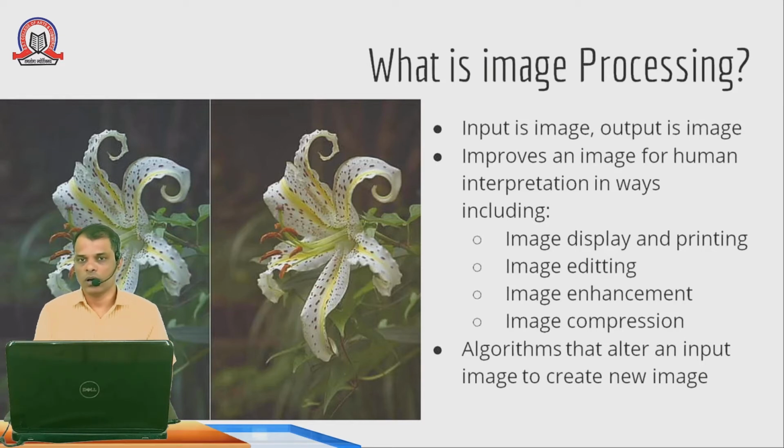Before applying the effect and after, it becomes a processed image. So you can see some changes in the images which I showed there. The actual input is the first image, and the second image is the output after applying some filters to it. An algorithm alters an input image to create a new image. Here we have to remember there are some algorithms. So if you want to change the contrast or the brightness, you apply some algorithm to the image, and you get a new image out of that.